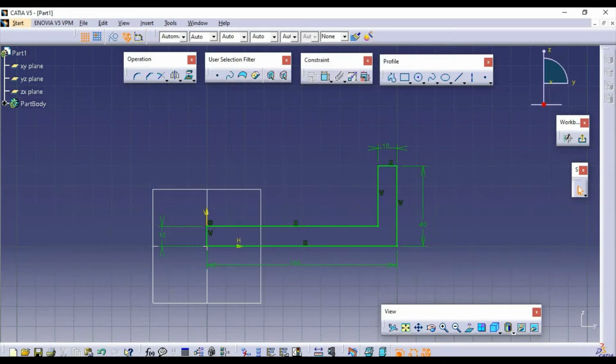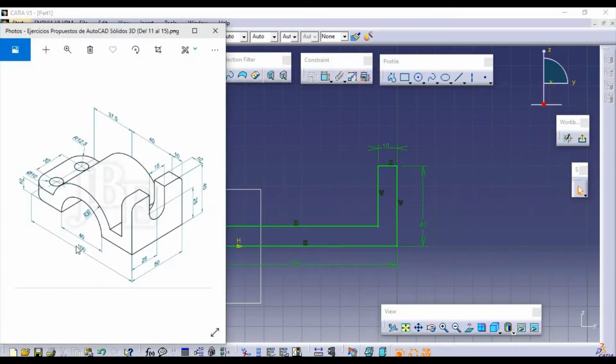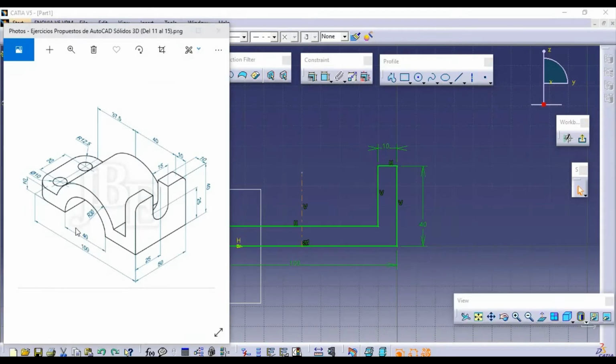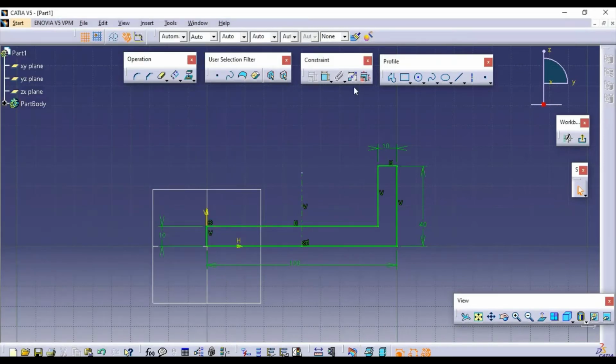So we need to make this circle. So you can see that in radius 30 we need to make one circle and then we need to offset this one. So at the center of the line, the center of the 100 mm line, we need to make a circle of radius 30. So I will take the circle command. We will draw a circle from the center of this sketch. So the diameter is 60 mm. I am giving 60 mm.